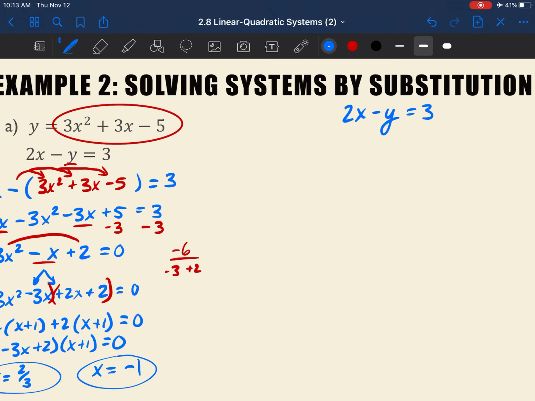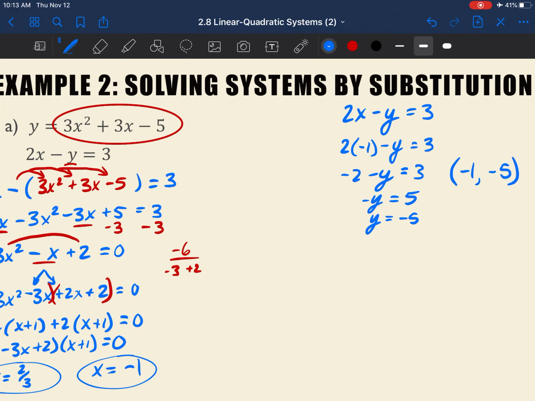So let's start with the -1 since that's the easy one. So plug in the -1 for x. So then you get -2 minus y is equal to 3. Add 2 to both sides, you get -y is equal to 5. Divide both sides by -1, so you get y is equal to -5. So one of the solutions is going to be -1 for the x, -5 for the y. That's one solution. The other solution is going to be, I'll do this in red so that it's kind of separate, plugging in a